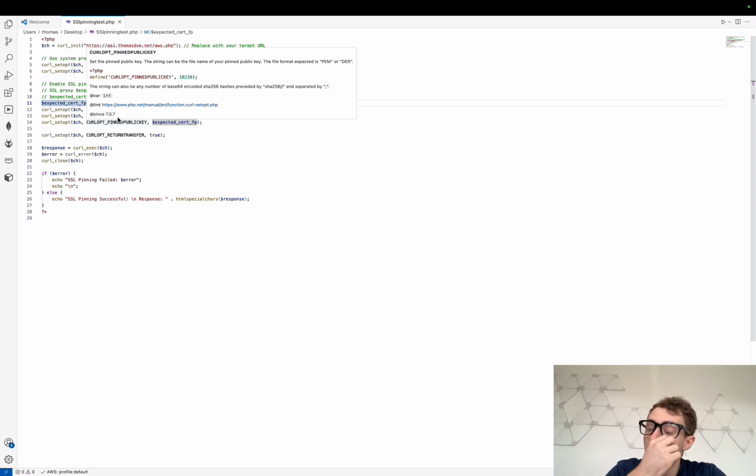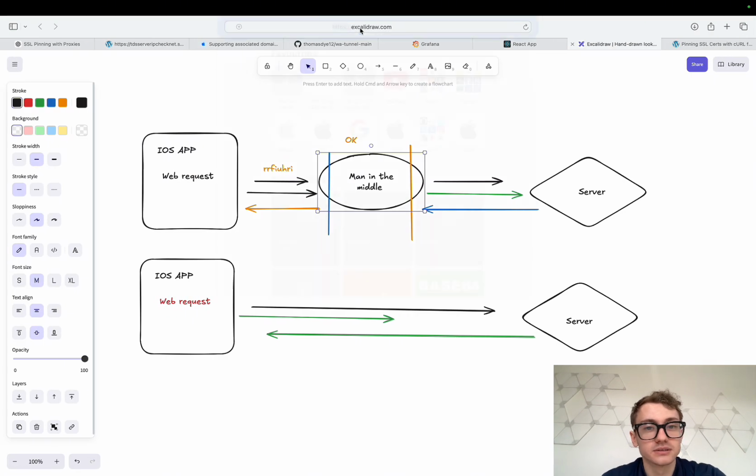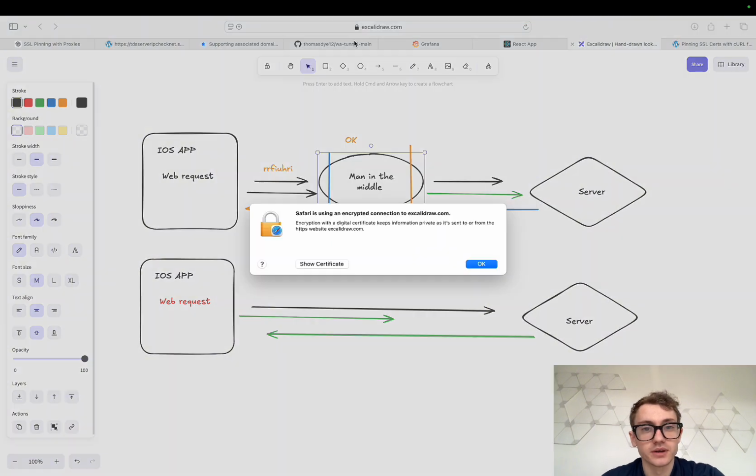So you can also have more. So you could separate it by colons, if you had more than one certificate. So essentially, you could do this with the intermediate certificate. So how can I explain this? This might be a good example. So on Excalibur